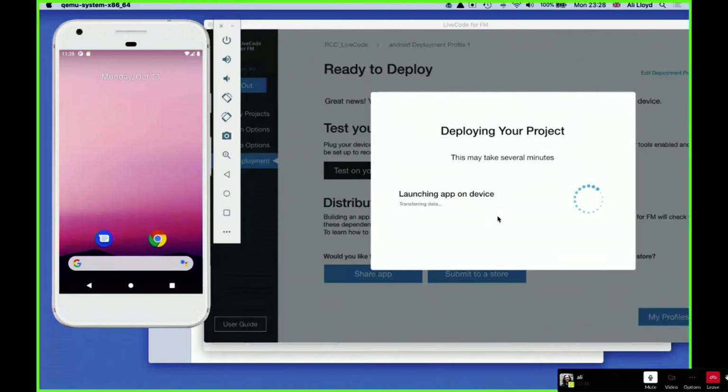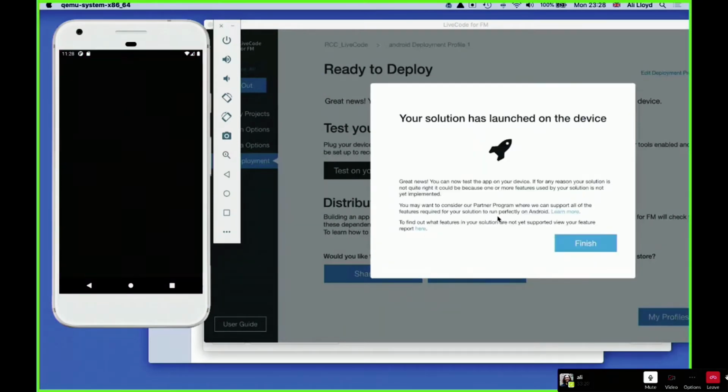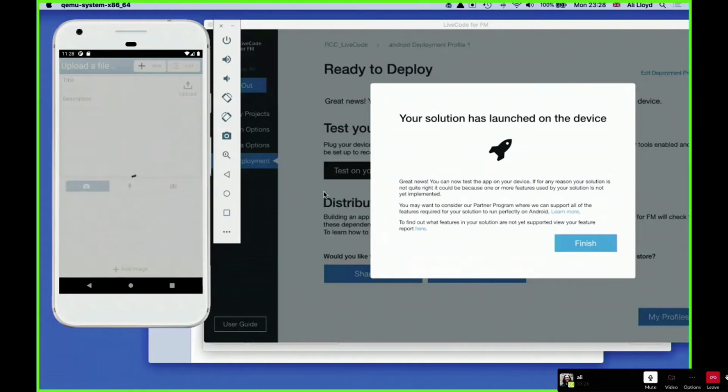Okay, so hopefully this is going to launch on the emulator in a second. There we go. And that's the initial blocking sync there, where it's syncing all of the data. So it's going to pull down everything from the server.